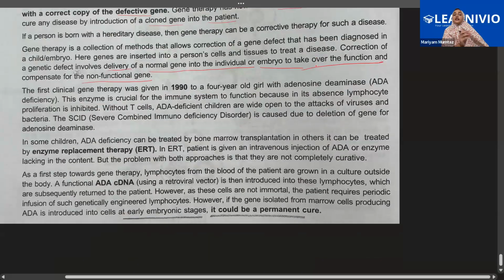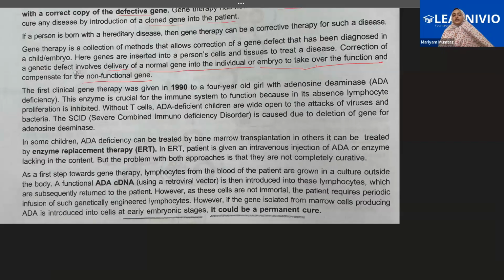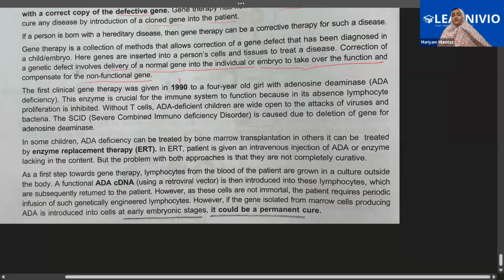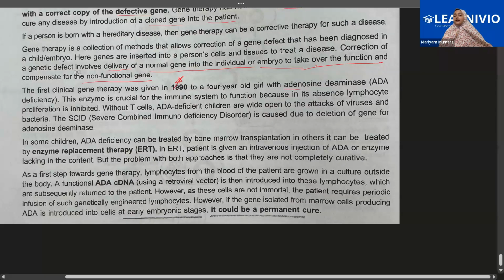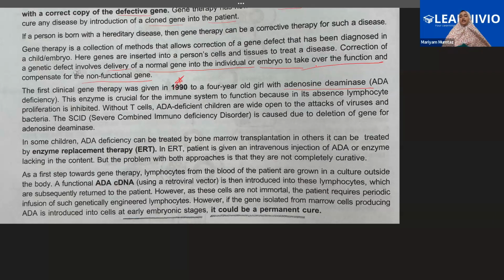Now, the first clinical gene therapy was given in the year 1990. This year is very important. It is asked so many times. This gene therapy was first given in 1990 to a 4-year-old girl with adenosine deaminase deficiency. ADA is the name of the disease. Okay, adenosine deaminase deficiency. Now, this enzyme, adenosine deaminase, is the name of the enzyme, the deficiency of which is